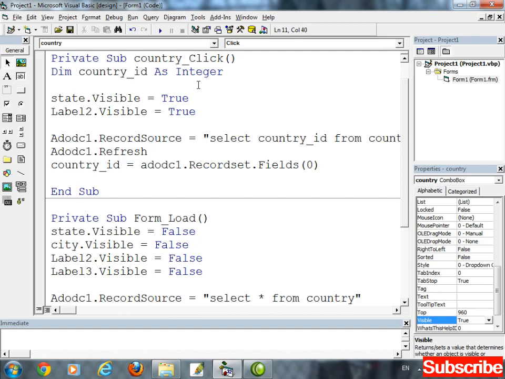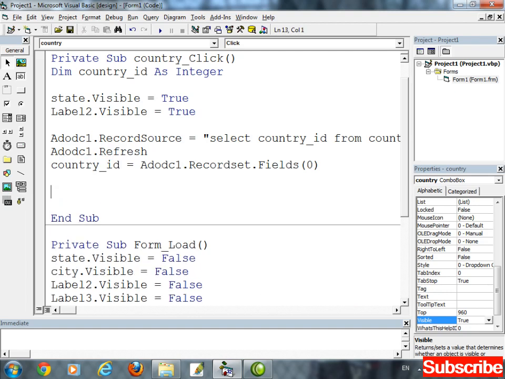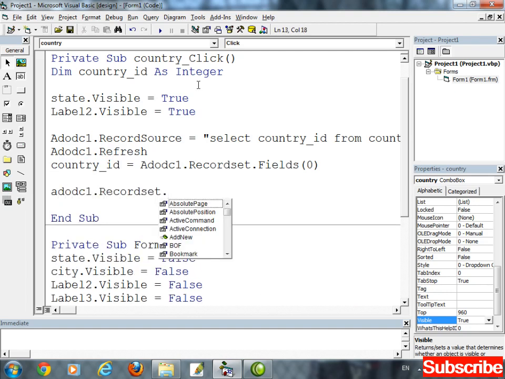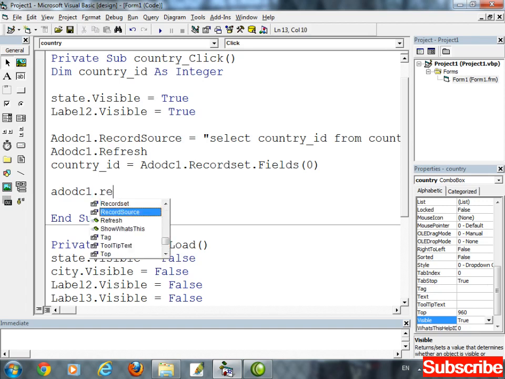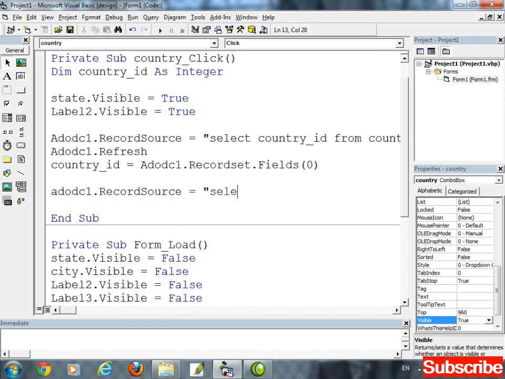Now again create a new record source for displaying the states for the selected country. ADODC1.RecordSource equal to select asterisk, meaning the complete record, from which table?